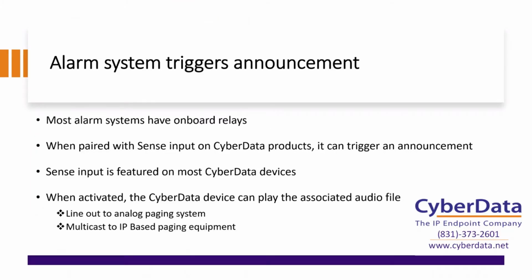So finally, let's talk about the last different option and implementation that you can go and use one of our products with, and that's the alarm system that's actually going to trigger an announcement. Personally, I think this is going to be the best option in terms of, say, a device activating the fire system or one of our devices being activated by the system. This is one that's going to be generally used and pretty easy to implement because most alarm systems have these